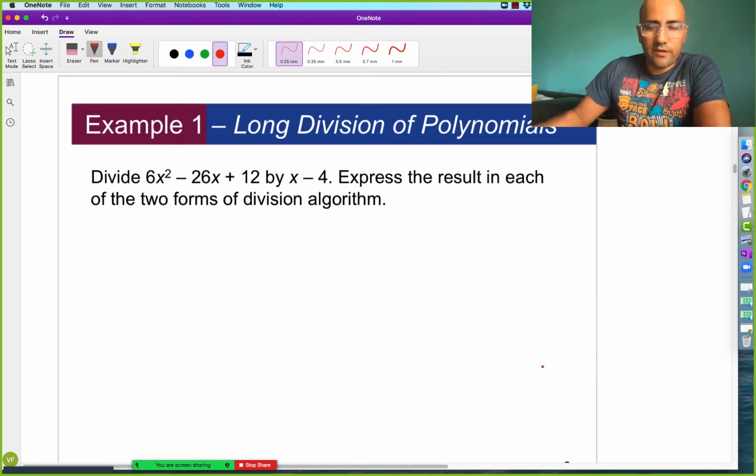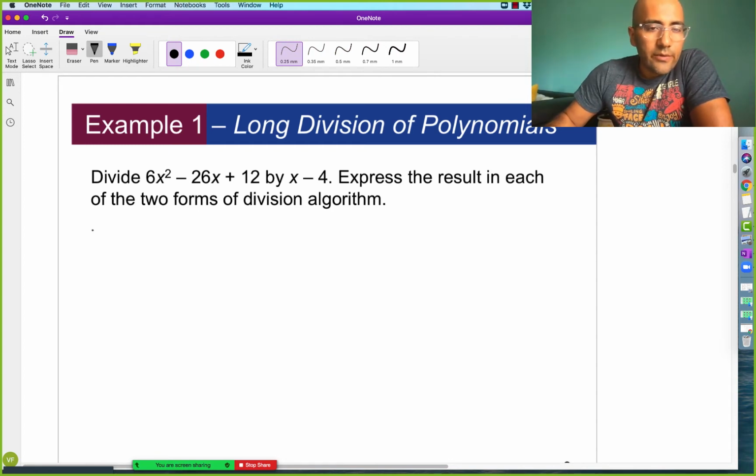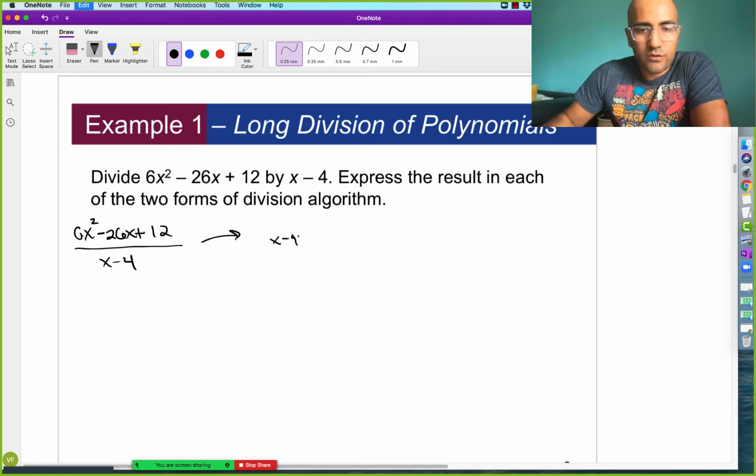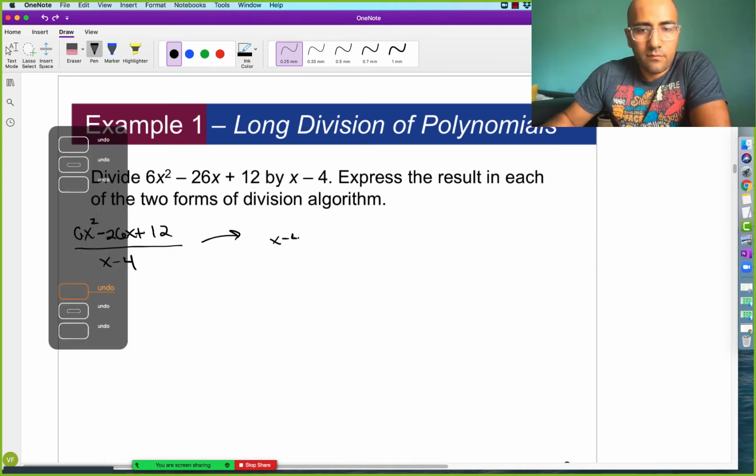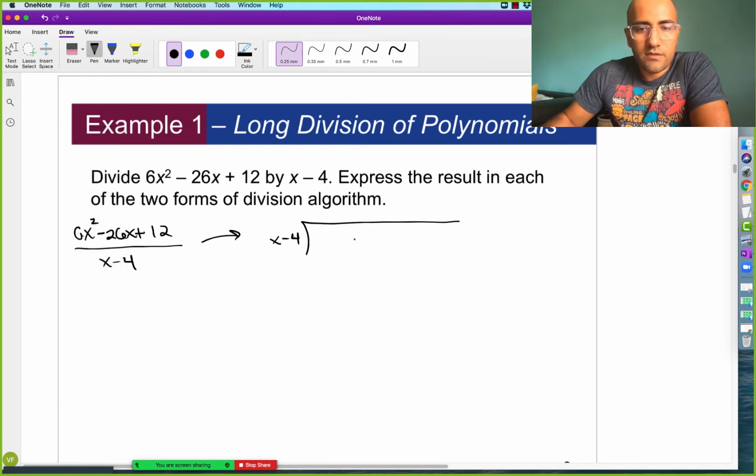Remember, this is long division. I know some of you guys already know the synthetic division, but we need to practice doing it the long way as well. So let's do it the long way. Okay, we have 6x to the second power minus 26x plus 12, and we want to divide that by x minus 4. So putting it in this style, we know that it's going to be equal to this. This is going to be 6x squared minus